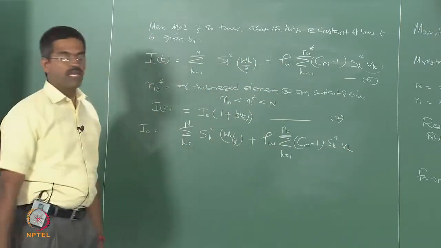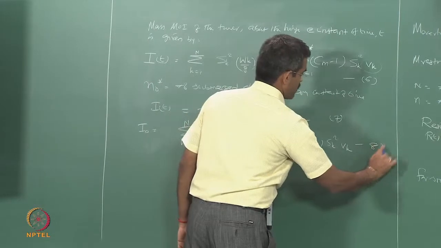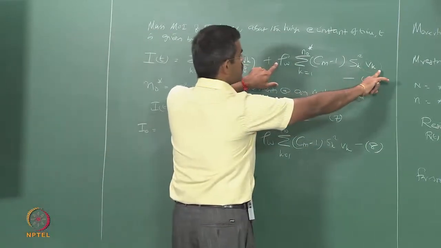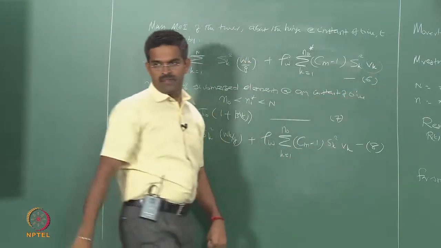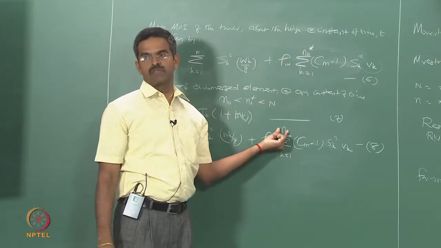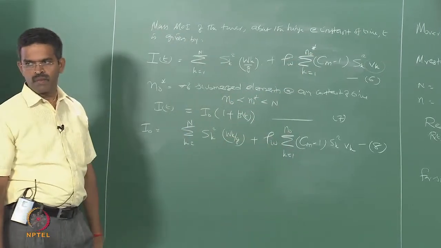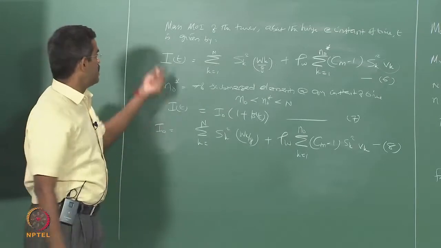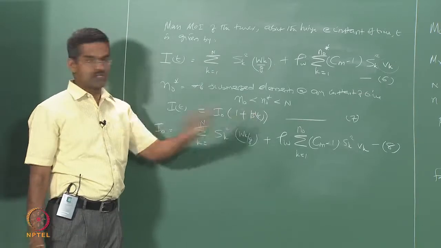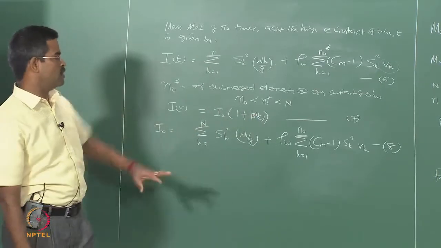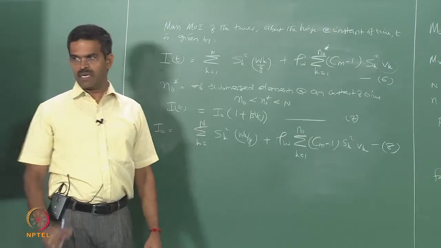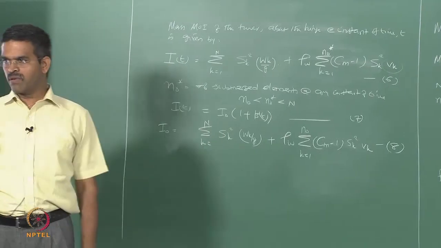So the only difference between equation 8 and equation 6 is that the second part, which is caused because of the submerged effect, is at any instant of time, but this is at the initial position of the system. That is the only difference. And we all certainly agree that IT will be definitely more than I0 by a factor of V plus T. That is very important, because this is what is contributing the displacement. And we all know that the number of segments submerged will be more than N naught and less than total N, because total N is the total number of segments available in the system.